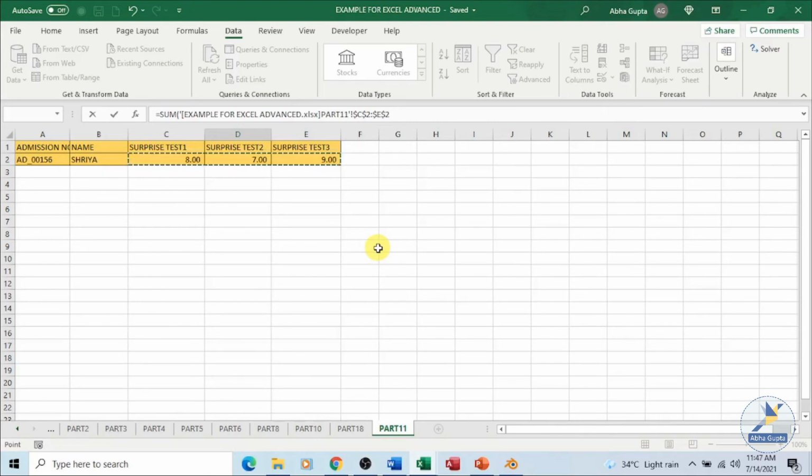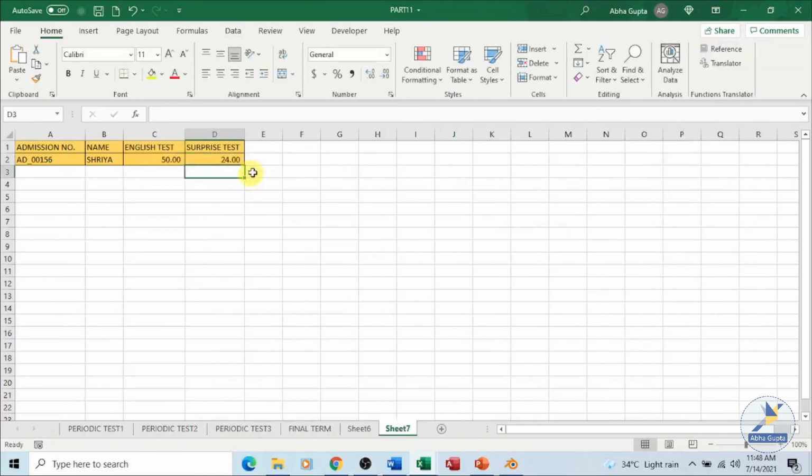You can see in the formula bar it has automatically inserted the name of the workbook, example for Excel advanced.xlsx, then the name of the sheet where my data is present, followed by an exclamation mark, and then the cell reference, the absolute cell address. Once we are done with this, press the enter key. You will be taken back to your destination sheet and you will get the answer.